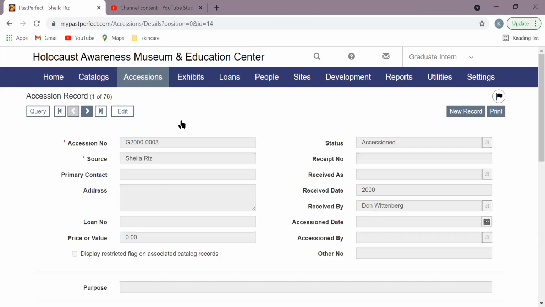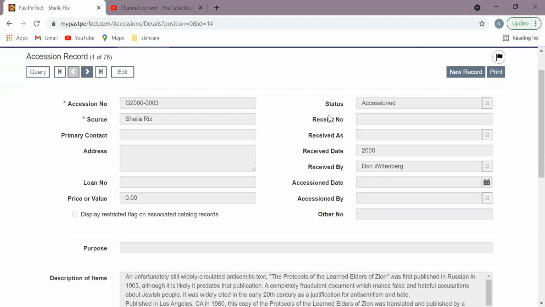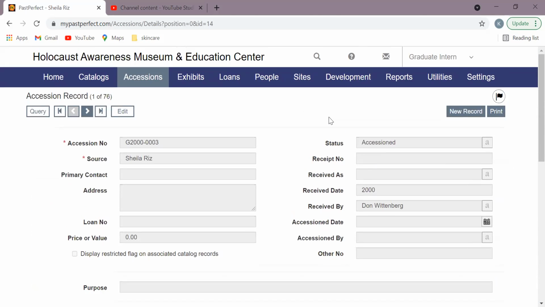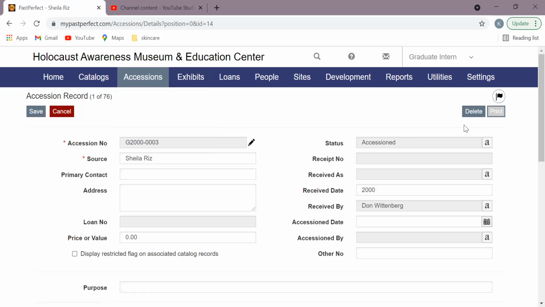So we'll just click the first one. Okay. So here we have this accession record. Over here we see status. Now the status for this one right now is accessioned. Let's click edit so we can look at what our other options are and talk about why we've just decided